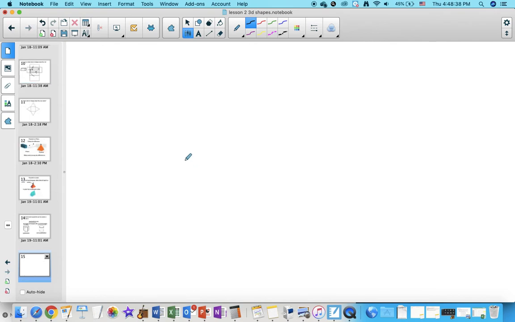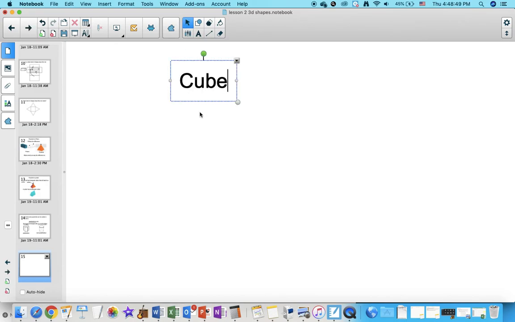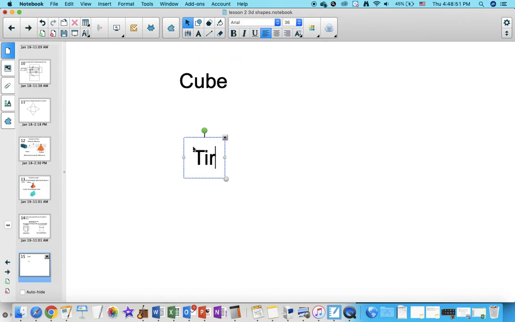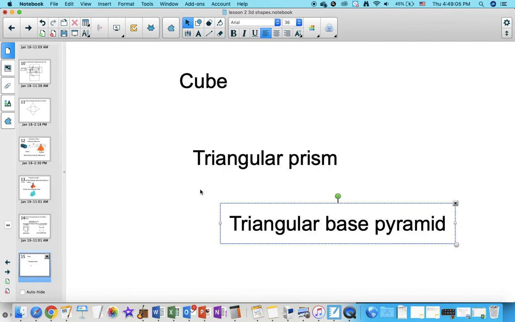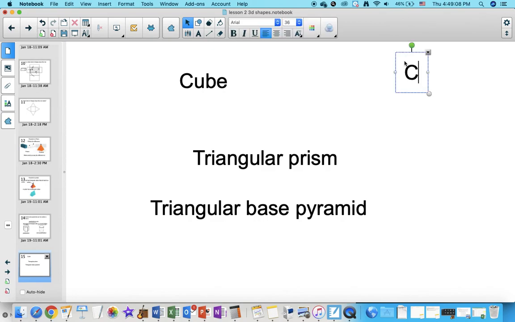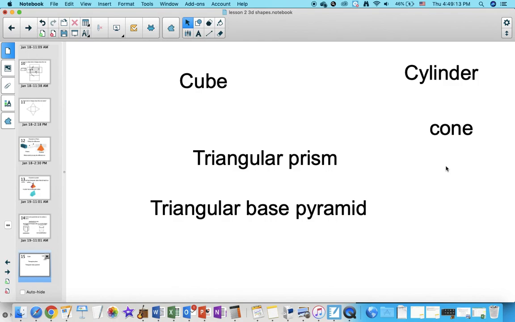So what you would want to do is practice drawing nets. So I would recommend drawing a net for a cube because that one's pretty standard, right? Actually, I'll just type it out. A cube, a triangular prism, a triangular base pyramid, a cylinder, and a cone. I would like you to try to draw nets for each of these shapes because these are the